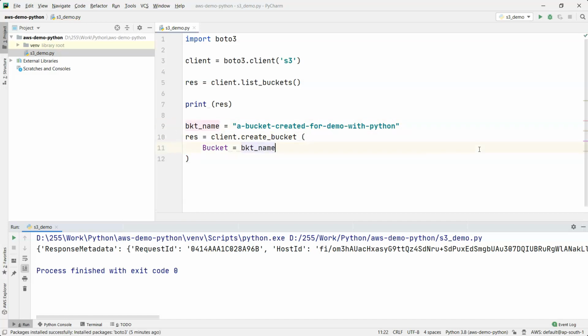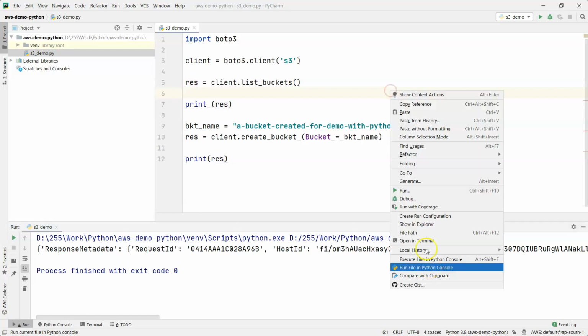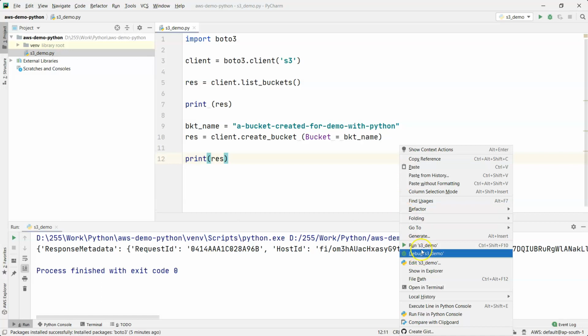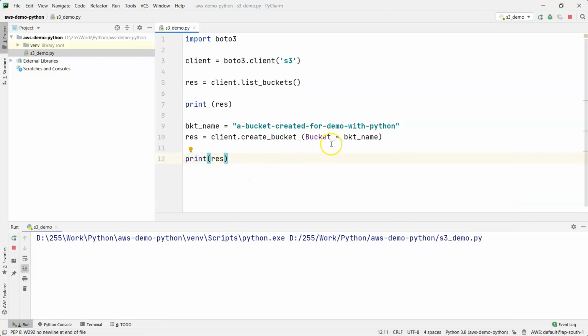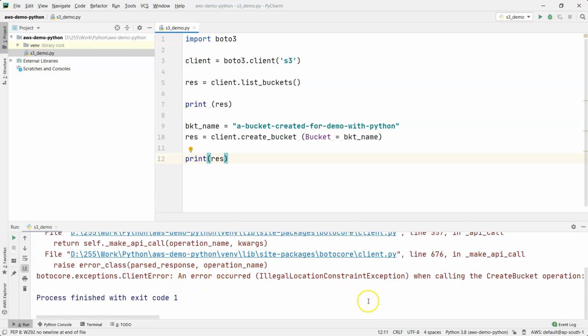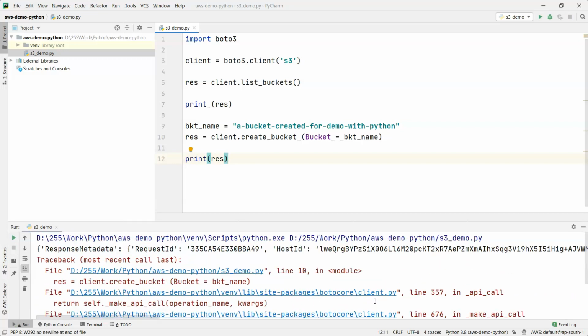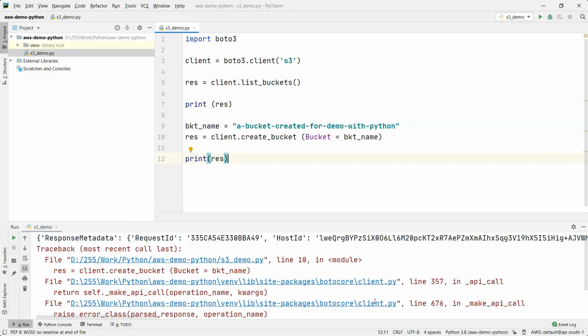So bucket name is bucket name, and let's try to execute this. What happens if I have just this one parameter? Whether it will be successful or a failure. So run this and print the result, whatever the result which comes. AWS expects some mandatory parameters for the SDK. If I try to run this program and the mandatory parameters are not available, it's going to throw an error. So the first API was successful, and the second API shows an error which indicates something is missing.